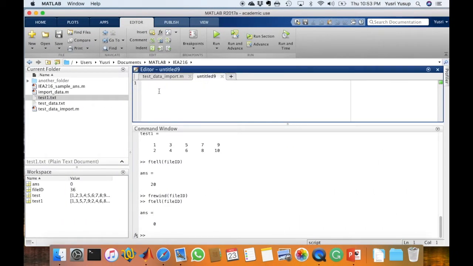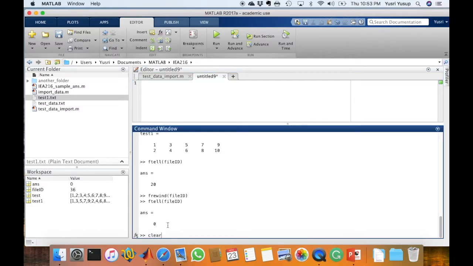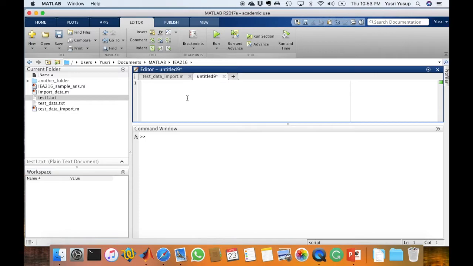Let's import the data with the headers using a different script. So again, we always start off with the file open. Let me clear the workspace and the command window first. Okay. So we start off with file ID, maybe file ID 1 now, and fopen